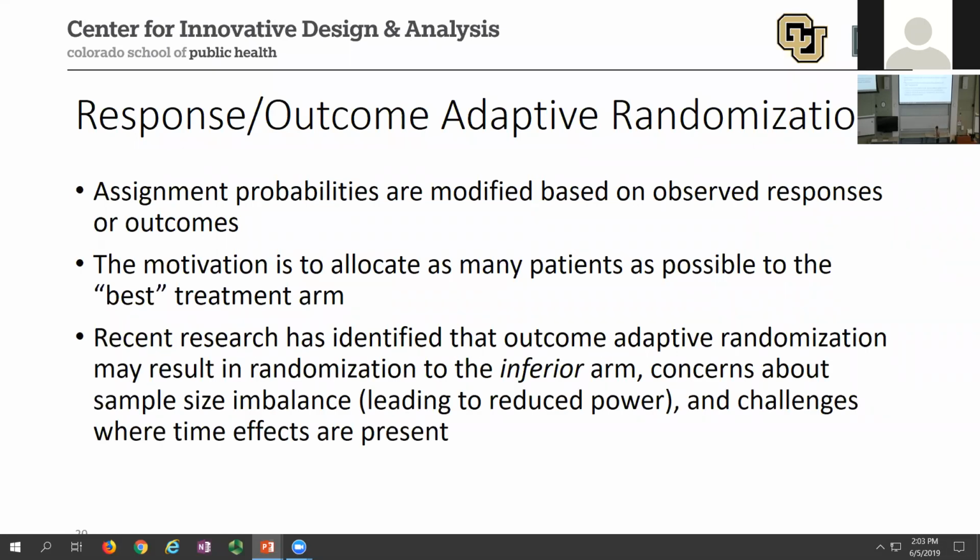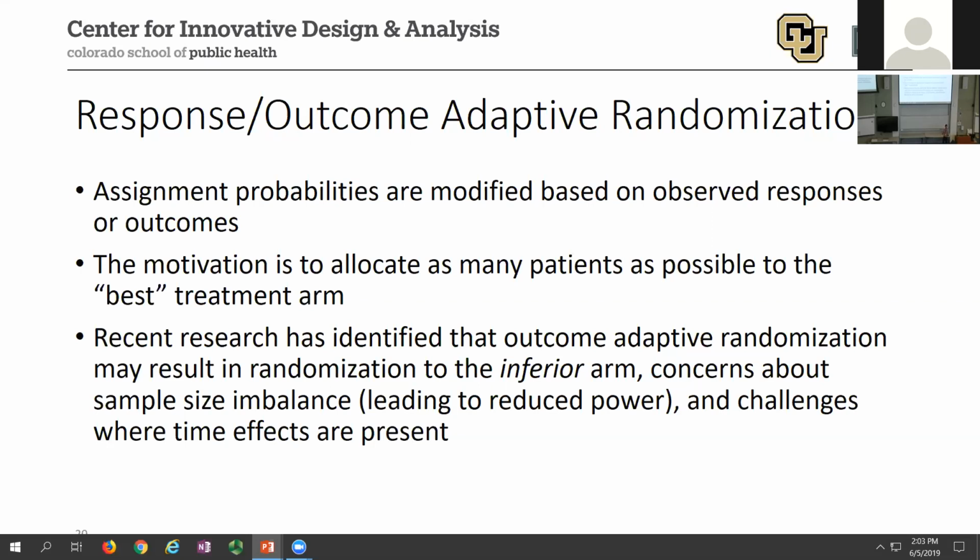There are some challenges, though, and important limitations with this approach. Some recent research has shown that in certain circumstances, this actual design approach can backfire and inadvertently randomize more people to the quote-unquote inferior arms. There's also concerns about sample size imbalance, because you can